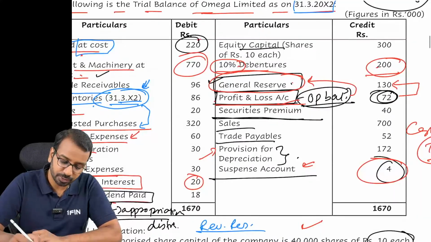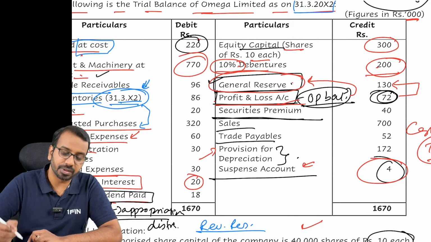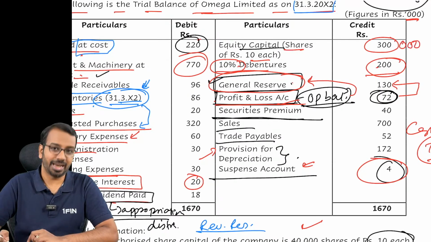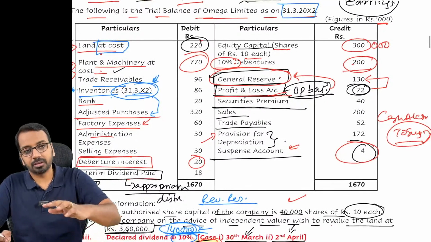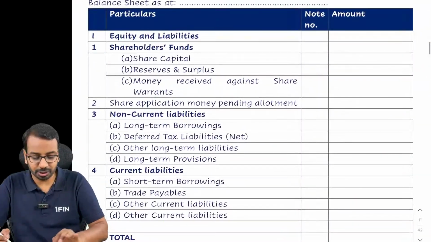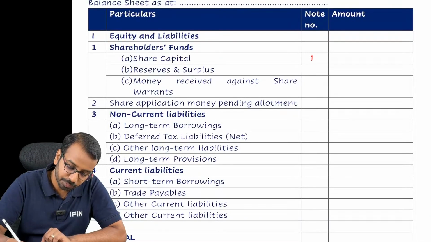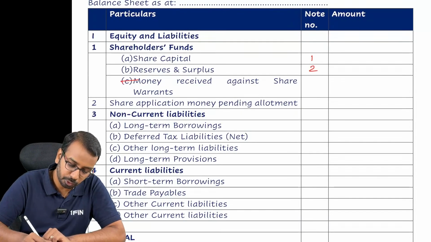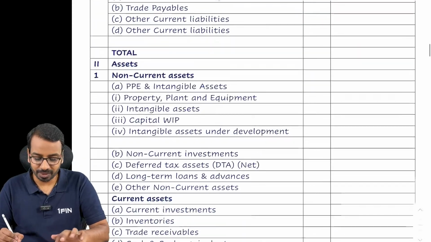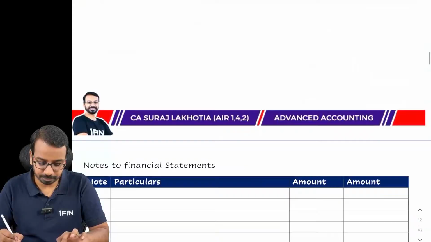So we'll start with equity capital. Shares of rupees 10 each, 300, and the amount given is in thousands. So this is actually 3 lakhs. Now you can write the answer in thousands also, no problem. So come to the balance sheet. Share capital, note number 1, reserves and surplus, note number 2, money received against share warrants not required. So come to note number 1,